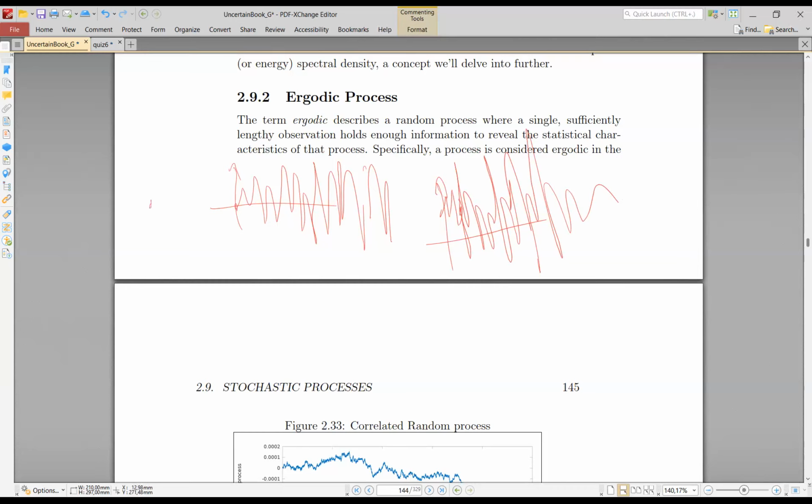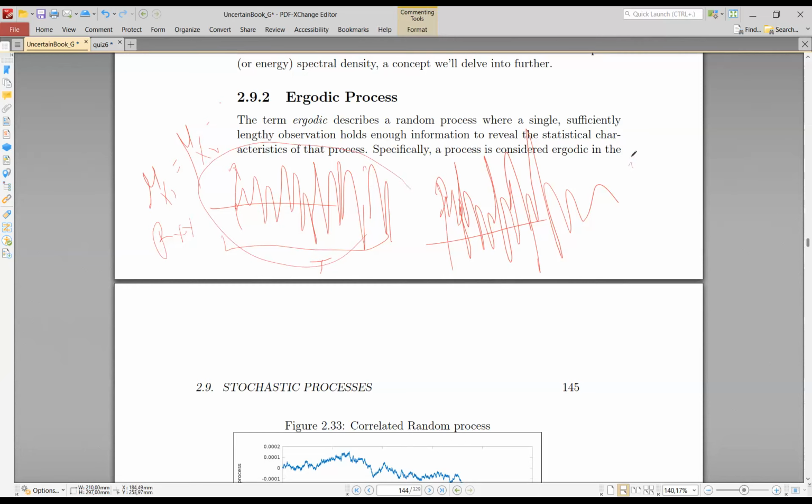So the mean of this signal is the same as the mean of the second signal, and the mean for any other signal at any other time. The correlation characteristics of the signal are the same. In that case, we call this signal ergodic. So if we take one-time realization of the signal and compute the mean and the correlation, we can say that the mean and correlation of this single realization is the same as any other signal's mean and correlation from the same